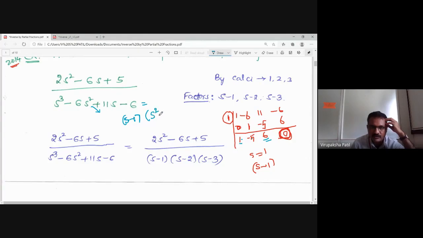So you'll write s square, then minus 5 is the s coefficient. You can write it as s square minus 5s plus 6. Actually, this will be equal to 0. When you want to get the factors of this, not this entire thing will be equal to 0. Only we are discussing how to get the factors of this.